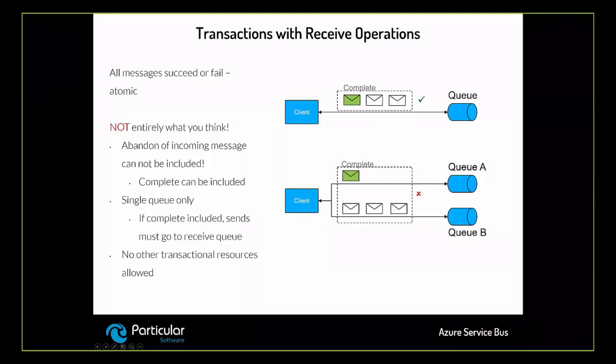or sending to queue B and one of the messages to queue A, the transaction will fail. Also, you have to keep in mind that the definition of transaction is slightly different from what we traditionally have in mind. The abandon of incoming message cannot be included in the transaction, only the completion. And again, we cannot utilize multiple transactional resources. Now, in order to overcome this somewhat limitation, Azure Service Bus Transport provides an additional feature called Send Via,